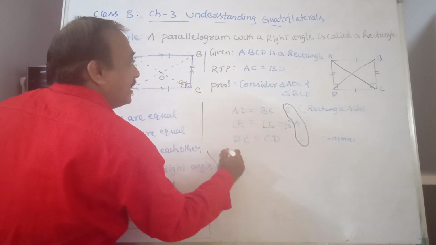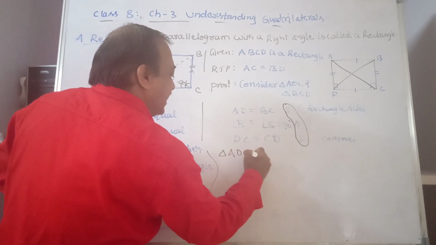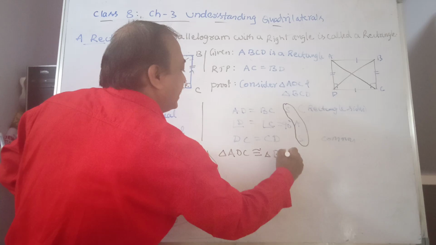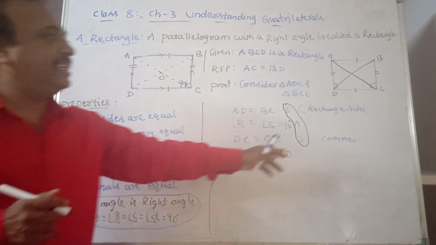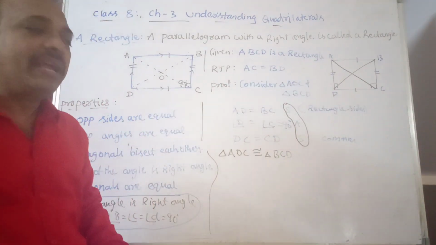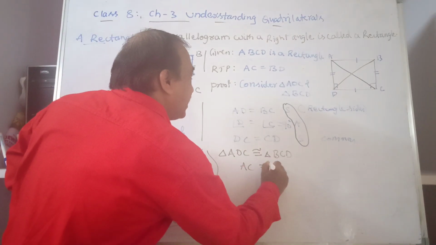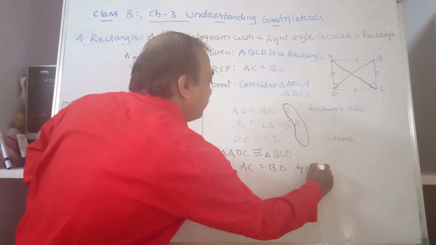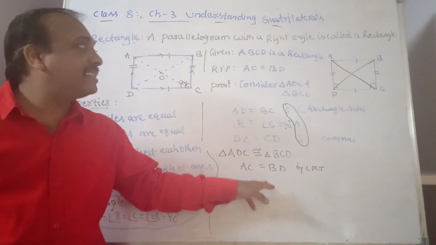triangle ADC is congruent to triangle BCD. Once the triangles are congruent, their corresponding parts are equal. So AC is equal to BD by CPCT. Therefore, in a rectangle, diagonals are